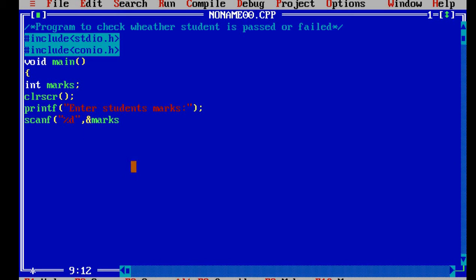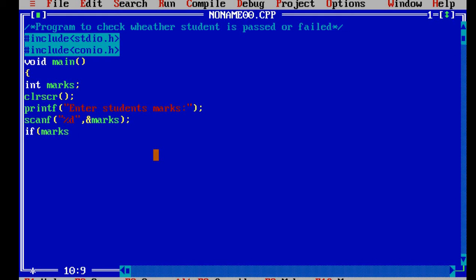A memory location number is given to that variable, and in that particular location our value is stored. That's why scanf requires one more symbol along with the variable, the ampersand symbol. Okay, close the bracket, semicolon.